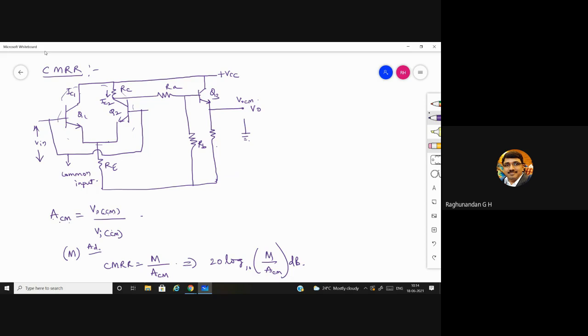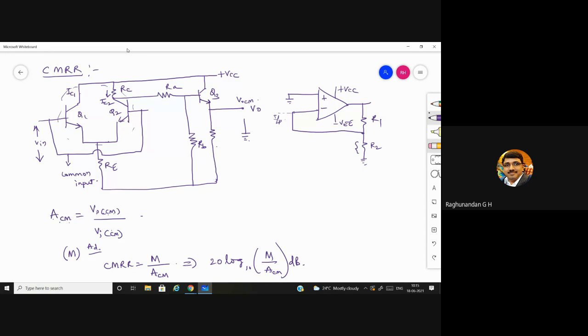So how do we do that? We can do it by considering a negative feedback where we are going to use some resistors like R1, R2, and we are going to feed the feedback here. Later on we'll give the input here. Just for the understanding purpose, I have written only this much.